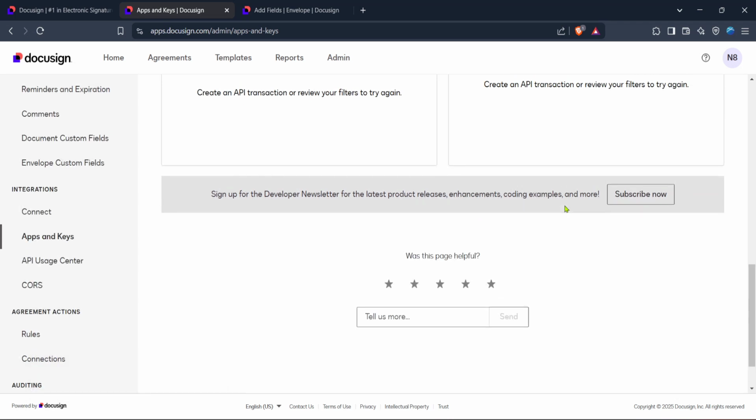In summary, by following these steps, you're ensuring that you have a well-maintained and secure DocuSign environment. Always keep an eye on the applications using your keys to avoid unauthorized access and ensure compliance with any organizational policies. That concludes this tutorial on checking apps and keys within DocuSign. Utilizing these instructions will empower you with the knowledge needed to effectively manage your DocuSign integrations and maintain an efficient, secure digital workflow.